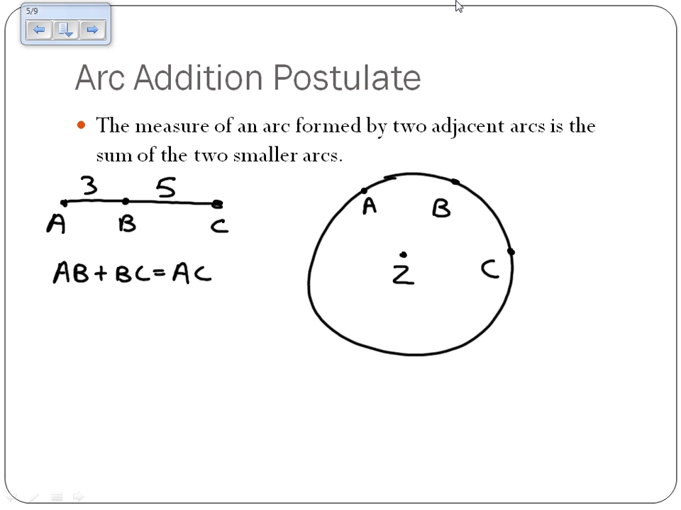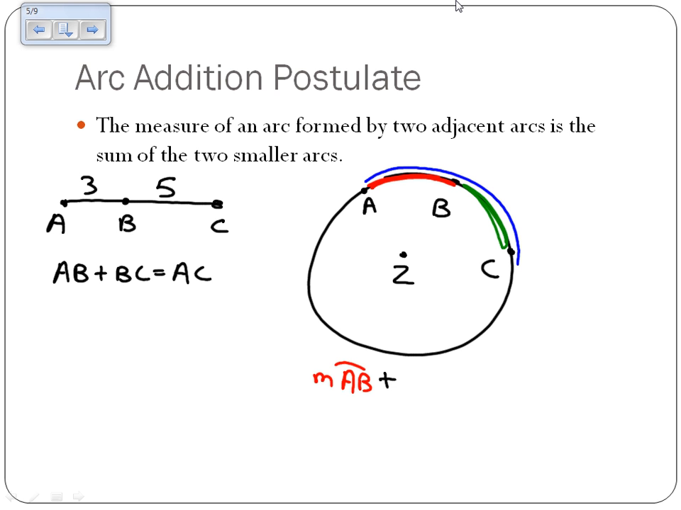I have two arcs. The measure of an arc formed by two adjacent, which means next to, arcs is the sum, so we add them together, of the two smaller pieces. So if I have the red arc, AB, the green arc, BC, and I want to find the blue arc, all you have to do is say that the measure of arc AB